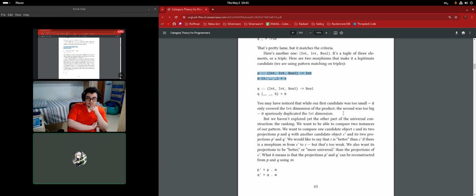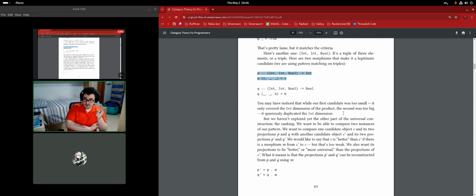Int and bool. Doing nothing. Okay. So then we're gonna go to the definition of "better", right? We want to be able to compare these candidates, because we have at least two instances of having a C, a P, and a Q that fits the criteria. So how are we going to differentiate them? How are we going to put them on a scale?